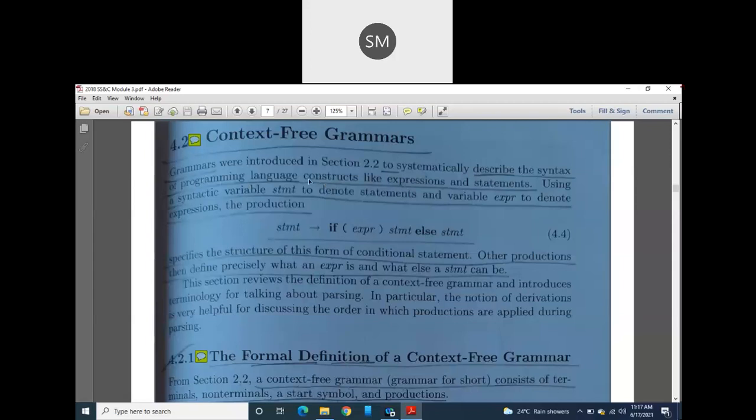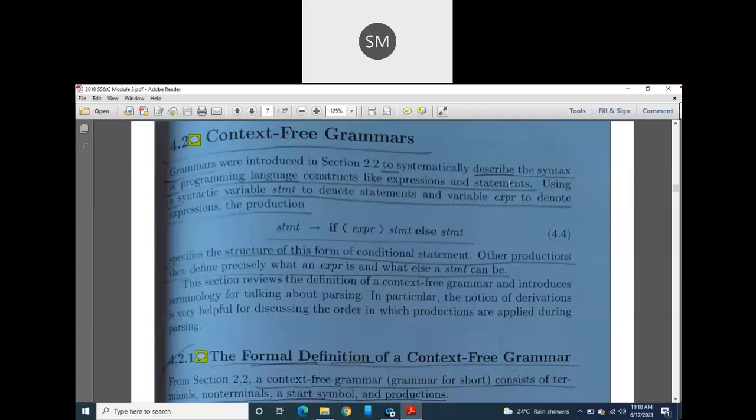If you want to take one more step ahead and say it more precisely, it is not going to only describe the language. It is going to describe the syntax of that language's constructs. What are called language constructs? The looping statements and branching statements are called language constructs. Particularly here, I am calling them expressions and statements.